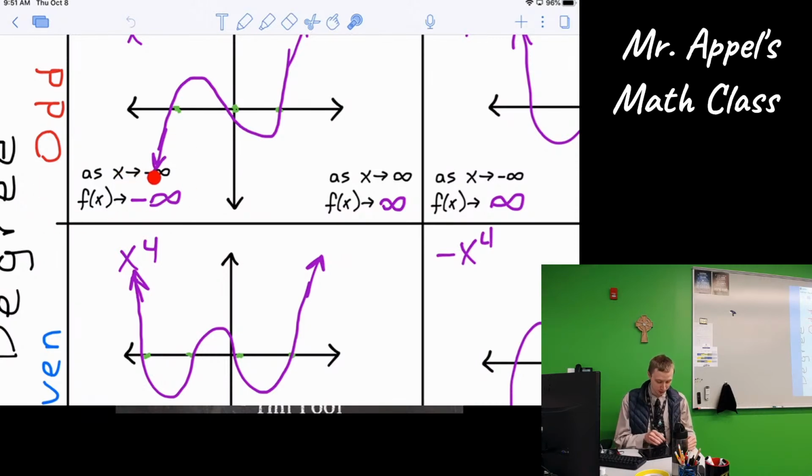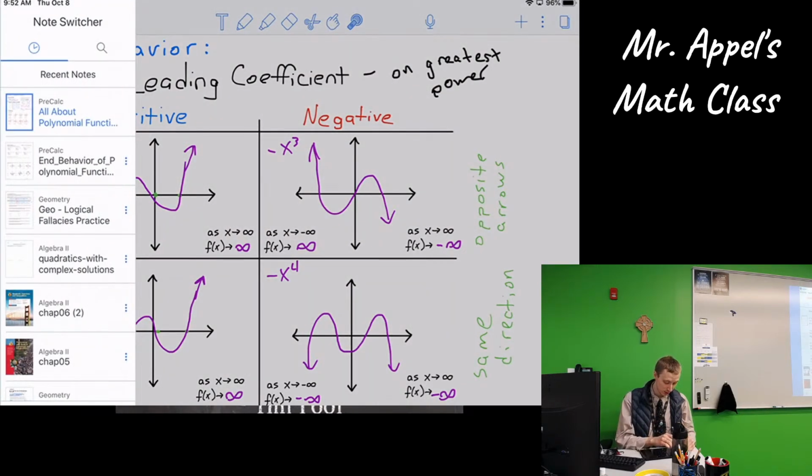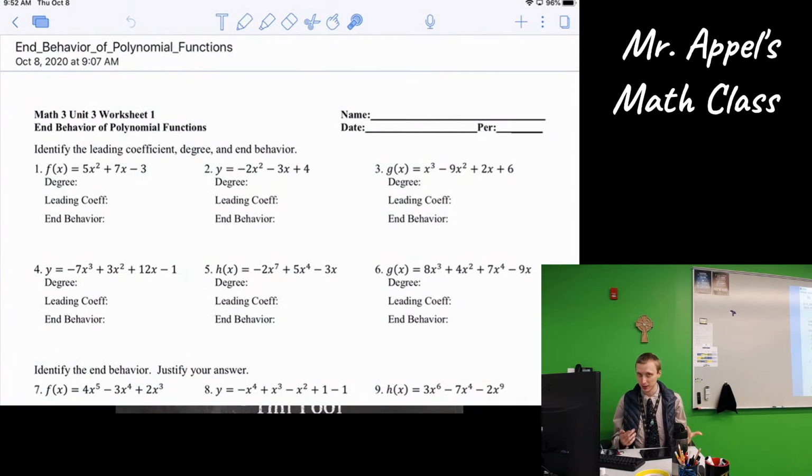As x approaches negative infinity, the function approaches negative infinity. And it's just a more specific math notation form of describing what is happening to the ends of our polynomials. Are they all going up, down, as we extend left and right? That'll be the basis of your work for today, which is this worksheet, in which you are identifying